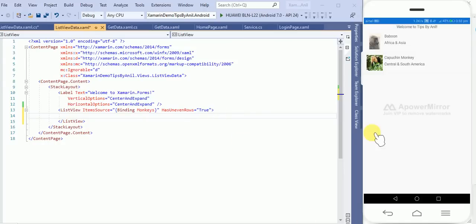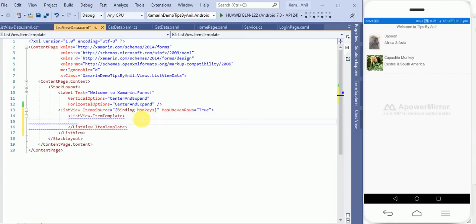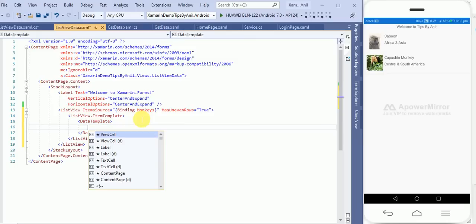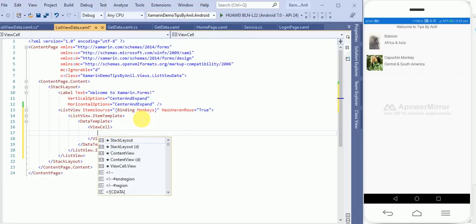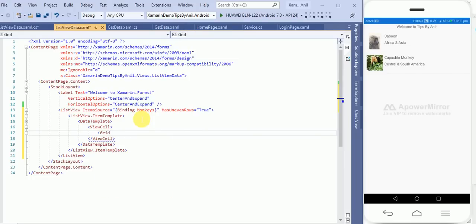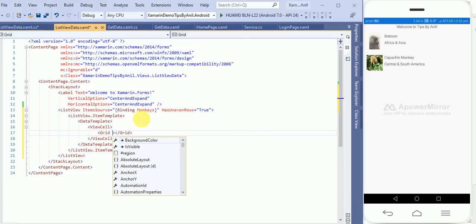As per the example, we have to define a few things like the item template. So ListView.ItemTemplate, and inside it we define the DataTemplate, and inside the DataTemplate a ViewCell, and inside the cell we define how we populate the data. We are populating the data in a grid. So here I will add padding of 10.